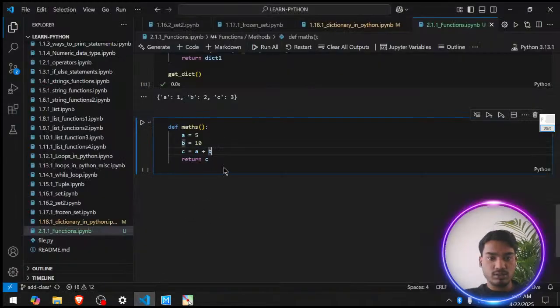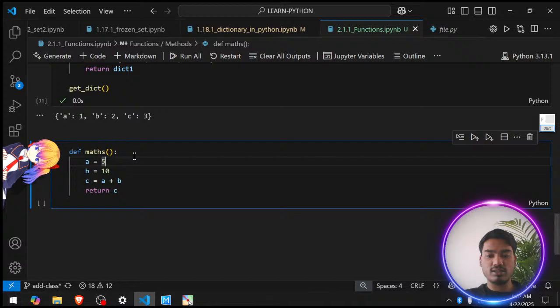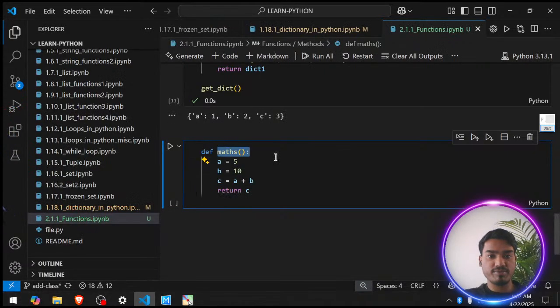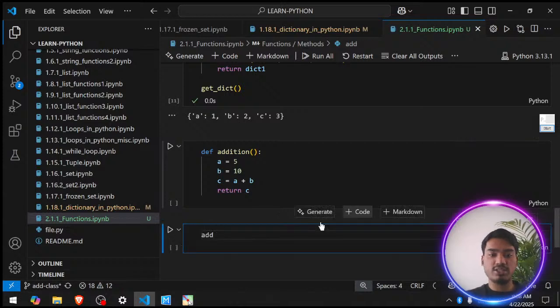Cool. So what I have said is मैंने एक function, I have defined a function which is called as def, def function is called as max। ठीक है, और एडिशन बोल सकते हो, इंस्टेड ऑफ मैथ्स मैं कर रहा हूँ एडिशन। एडिशन नाम से आई एम क्रिएटिंग अ फंक्शन। ठीक है, आई कैन से एनीथिंग, आई कैन से लेनोवो। ठीक है, आई कैन से एनीथिंग, but it should be like appropriate what you are doing there, and I have written some code here। ठीक है, what code मैंने लिखा, a equals to 5, b equals to 10, and I'm saying c is equals to a plus b। मतलब इन दोनों को एडिशन मैं यहाँ पर लिख रहा हूँ, आई एम सेइंग रिटर्न सी। ठीक है, रिटर्न मतलब ये फंक्शन जब मैं कॉल करूंगा तब मुझे सी का वैल्यू मिलेगा।